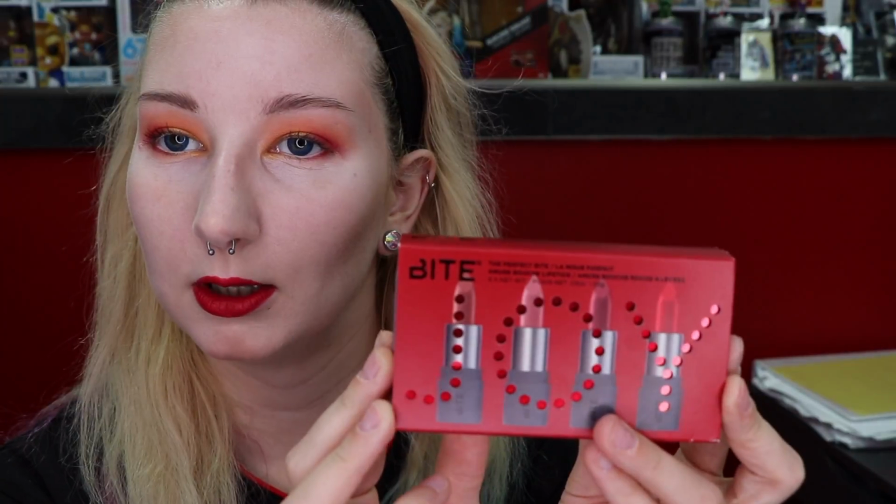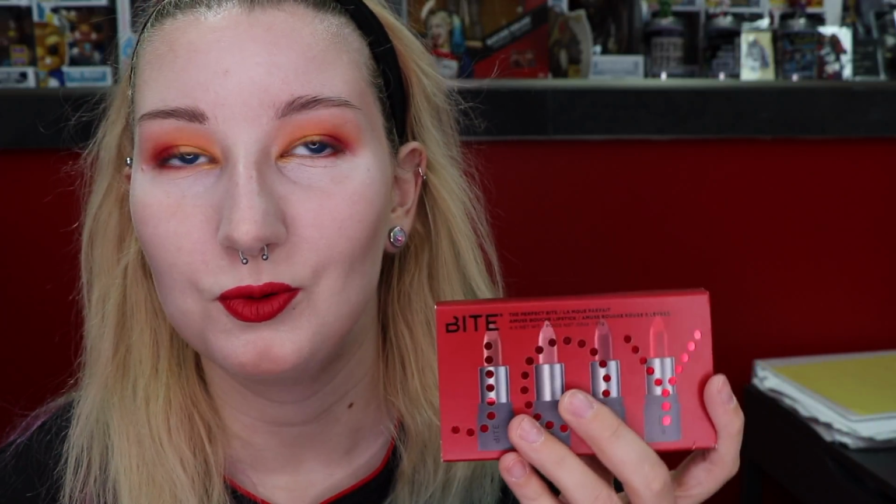And I have two more things that I purchased, and the next one is the Bite Beauty The Perfect Bite. These are small, like, trial sized lipsticks. I think I've talked about this before. I like trial sizes. I don't think I'll ever go through a full tube of lipstick, so the fact that I can get multiple colors in smaller sizes, I mean, there is a hope that I'll eventually go through these,